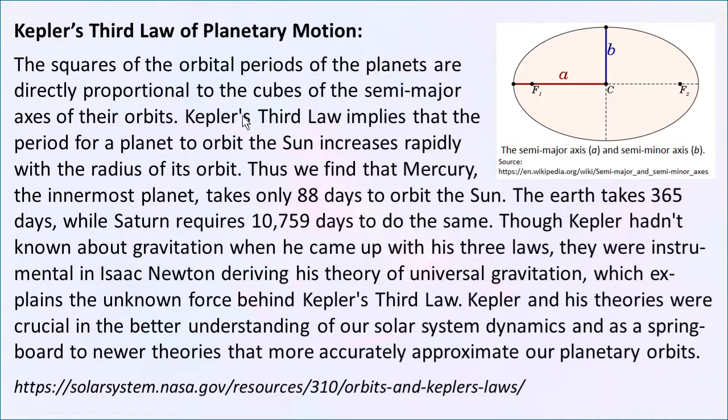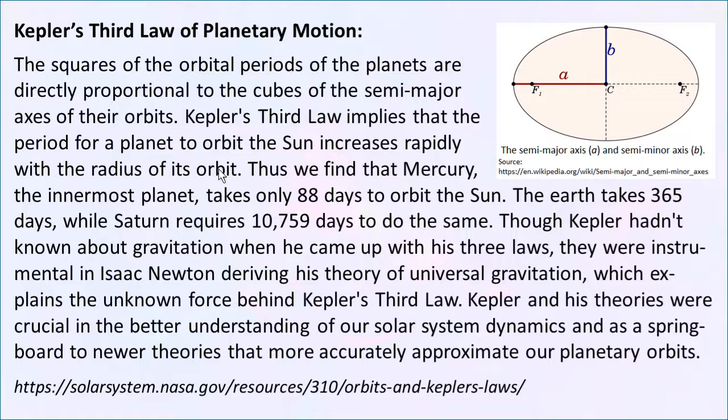what this means is, Kepler's, I'll read this quote from nasa.gov, Kepler's third law implies that the period for a planet to orbit the sun increases rapidly with the radius of its orbit, because it's being tripled, or not tripled, it's being cubed, multiplied by itself 3 times as the distance is doubled. So the speed at which the planet is going is getting much slower